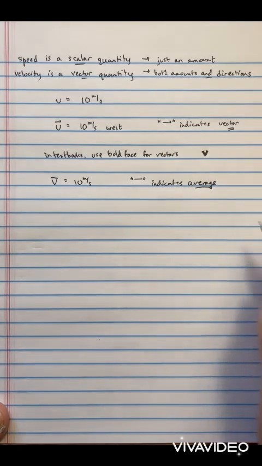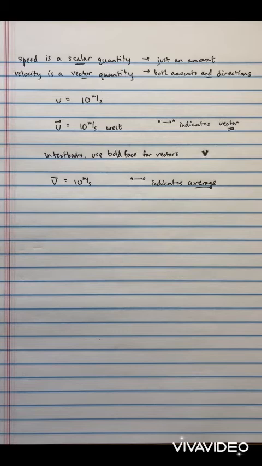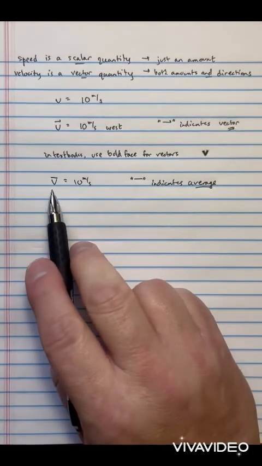Now, that is a discussion for a different video or a discussion that your professors will have with you as to what averages are in physics. I will say here that averages in physics are usually time-based averages. They're not simply adding up some numbers and dividing by the total number of data points. It's a little bit different. But for the moment, I'll simply say that if you do see a bar written above a quantity, it usually